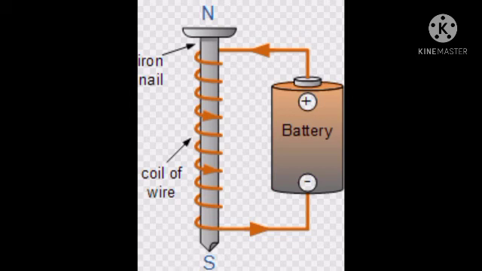Now on the other hand, the magnets fixed to a pin holder or the door of a cupboard are permanent magnets. Now, permanent magnets are made from a mixture of nickel, cobalt, and iron. For example, the material Alnico is a mixture of aluminium Al, nickel Ni, and Co, that is cobalt.